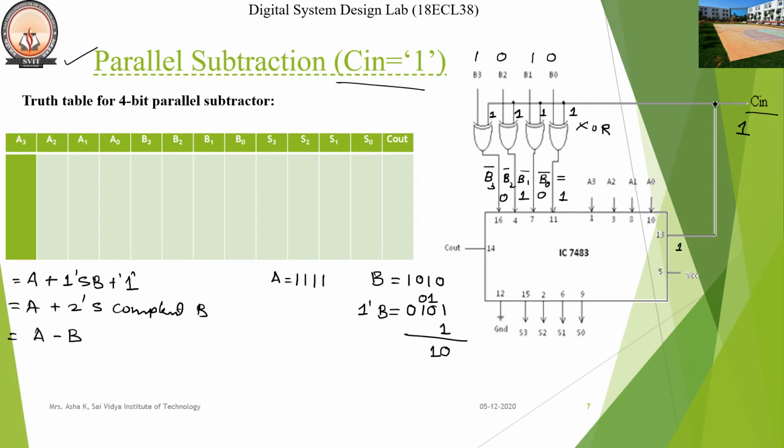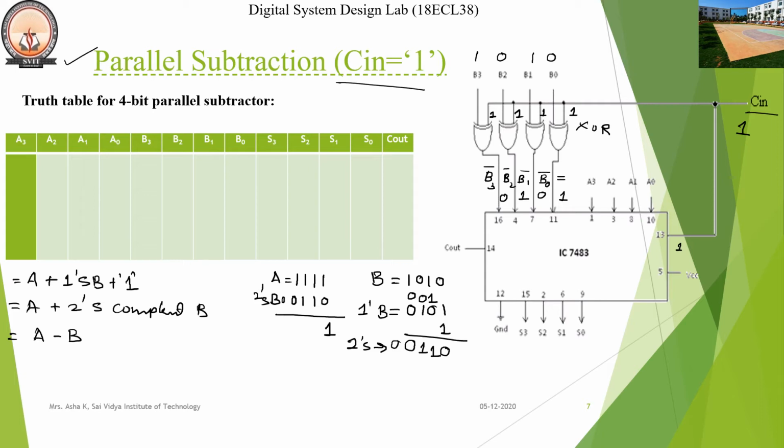0 plus 1, sum is 1, produces the carry 0. 0 plus 1, sum is 0 and carry is also 0. Now we perform the addition of A and the 2's complement of B. Now say I have A plus 2's complement of B, that is 0 1 1 0. When I perform this particular operation, the addition of this gives us 1.